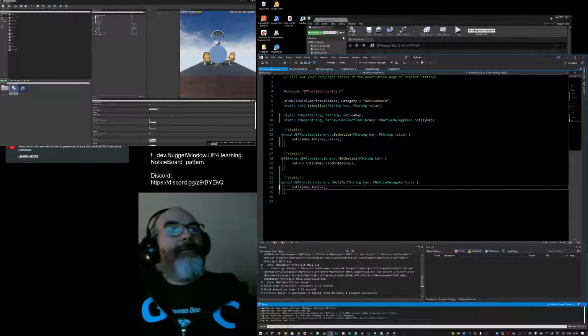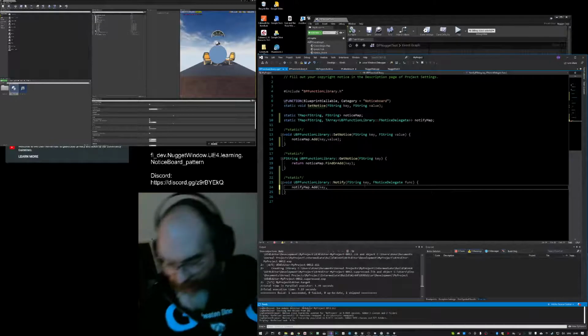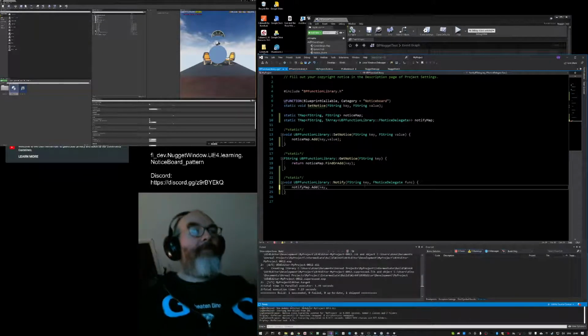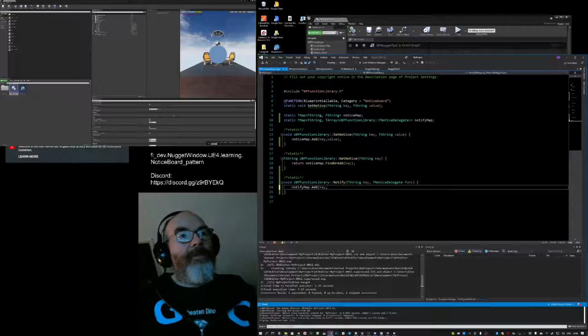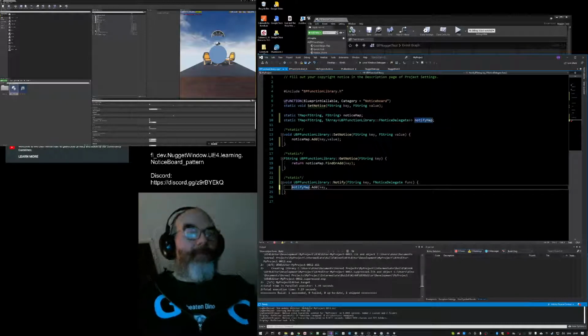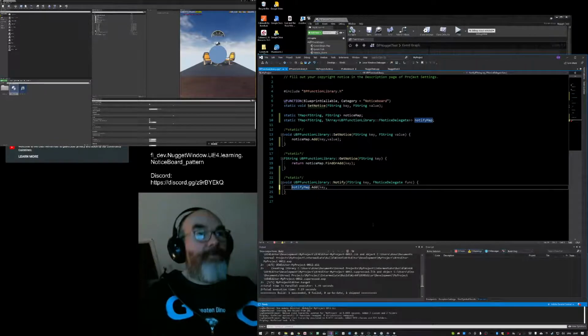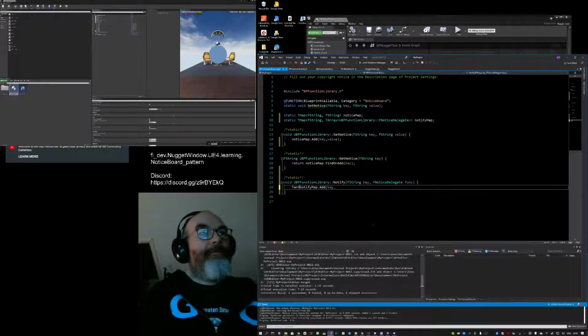Oh, well, there's a list, an array. I need to take that array and then work with it. So I guess what I'll need to do is get the array. So I suppose I can do, well, it won't be a constant, but I'm going to do a reference to the array. So I think what I need to do is a T array,